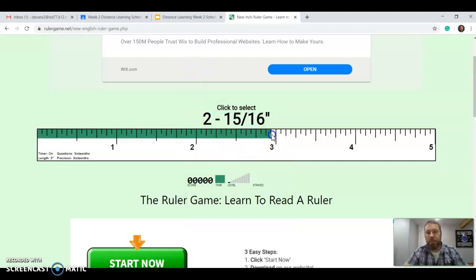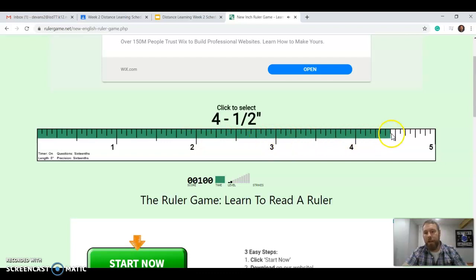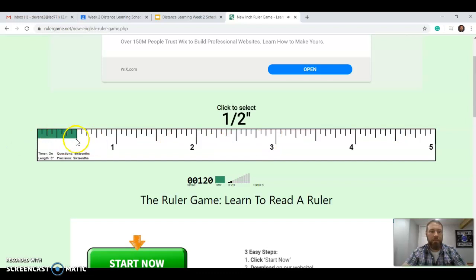Okay, 2 and 15/16, 7/16, 4 and 1/16, 1 and 7/8, 3 and 13/16, okay, 15, 2 1/2, half, 3 1/4, 1 and 15/16, 2 and 7/8, okay, 4 1/2, half, 2 and 11/16, 1 and 1/8, 1 and 7/16, half, 3 and